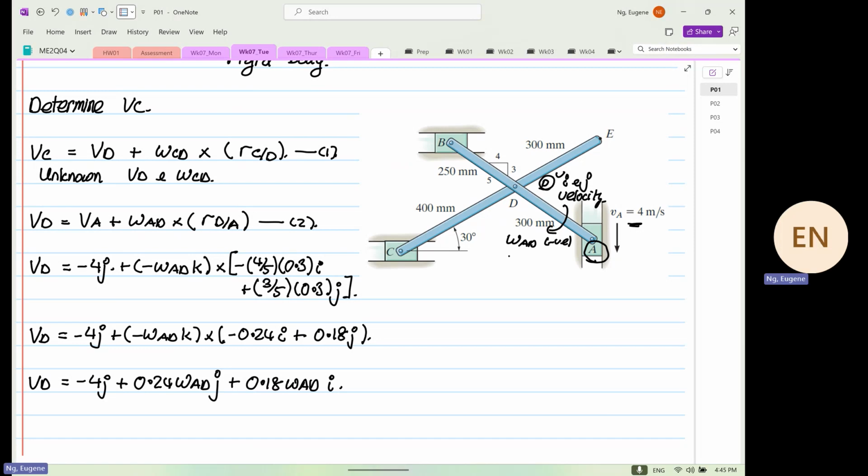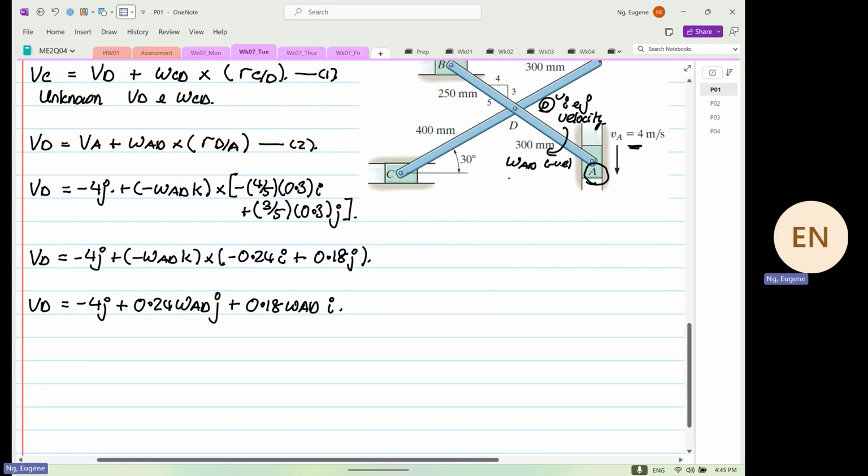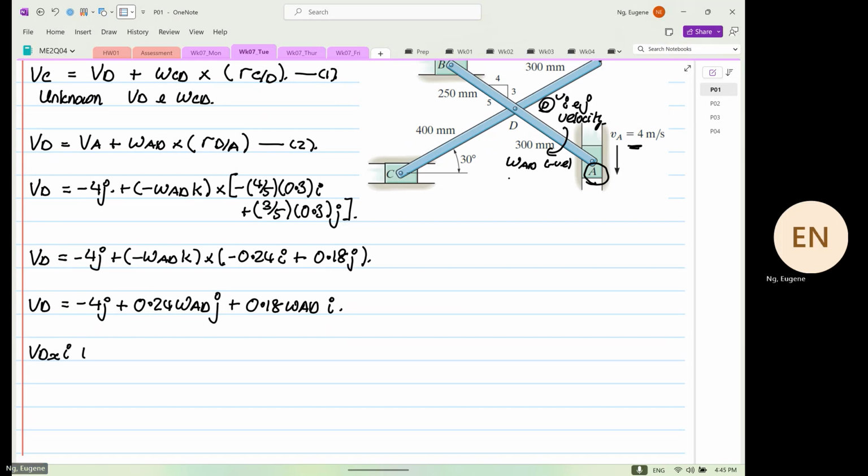As I mentioned before, right? So from here, when we got this equation over here, we know VD has two directions. Okay. So if we're going to write out VD, we have VD in the x direction I plus VD in the y direction J, and this will be equal to minus 4J